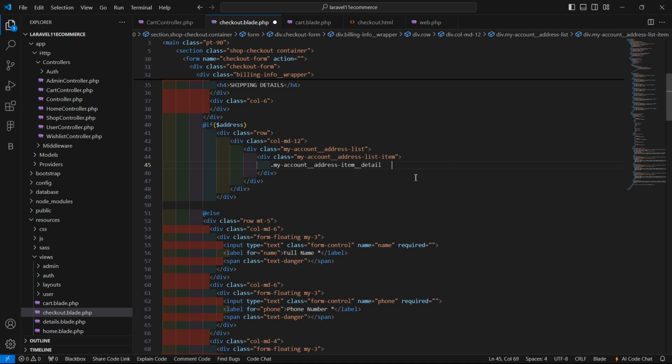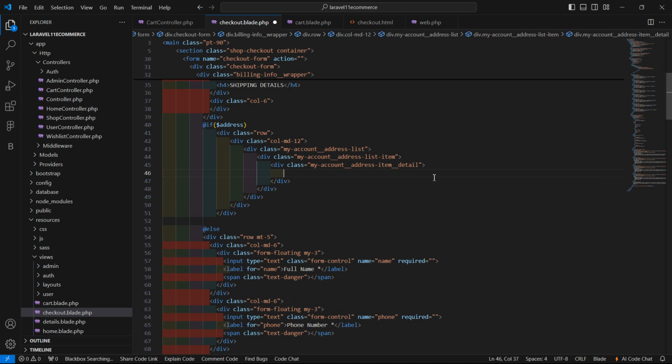This is the class for the CSS, which is already written in the CSS file, in the template file. Okay. Now let's display the name, address, landmark, city, state, country and zip code, and also display